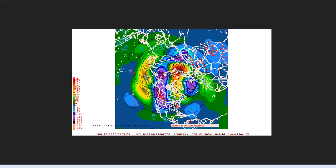So we'll move forward here to 192 hours on the European ensembles, and now we have a major change ongoing. The main area of ridging is still on the other side of the pole, but now we have above normal height anomalies building all the way from Greenland through the Davis Strait and into northeastern Canada. The southeast ridge is now suppressed because of this exact feature which we just spoke about, and the polar vortex here out of the Pacific, there is a polar flow which is dumping cold Arctic air into the western United States, with much below normal height anomalies, with cold air filtering into the continental